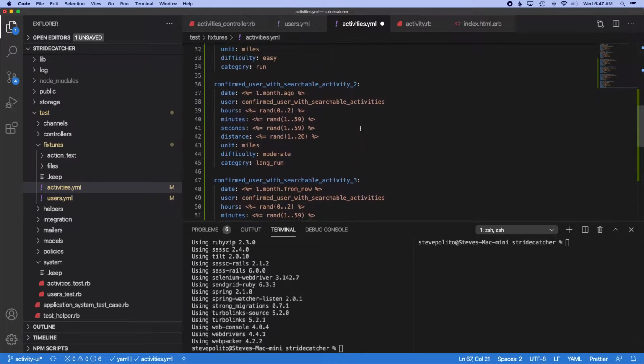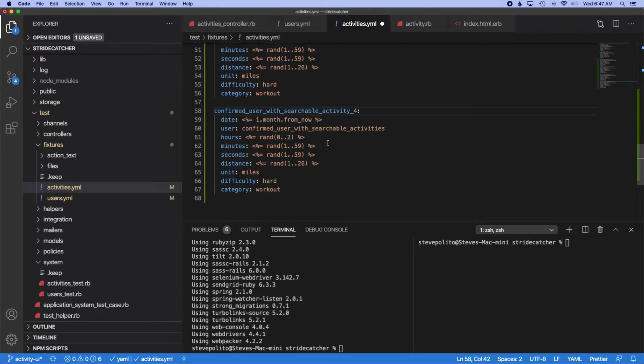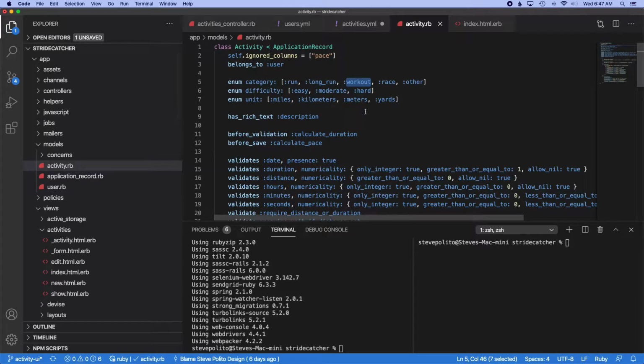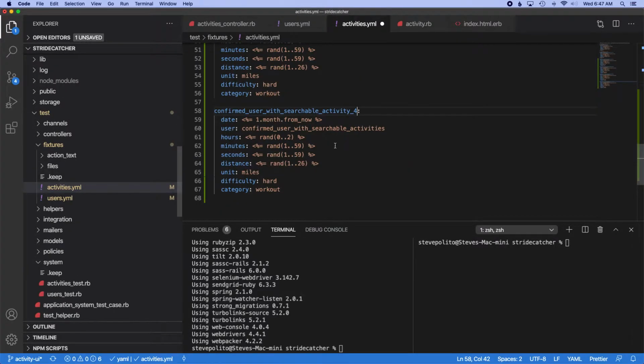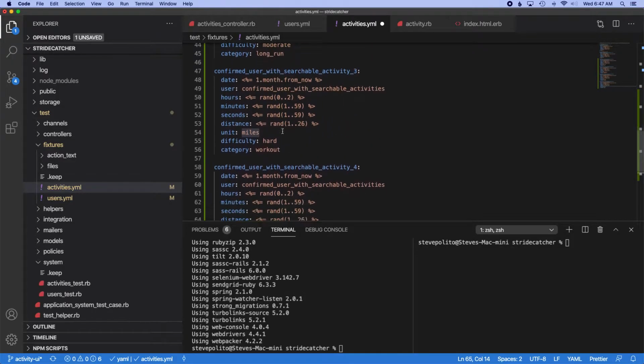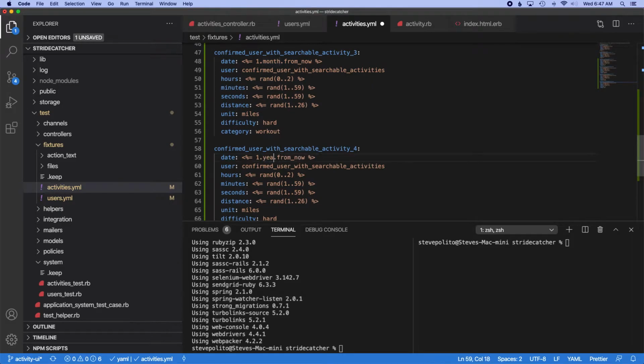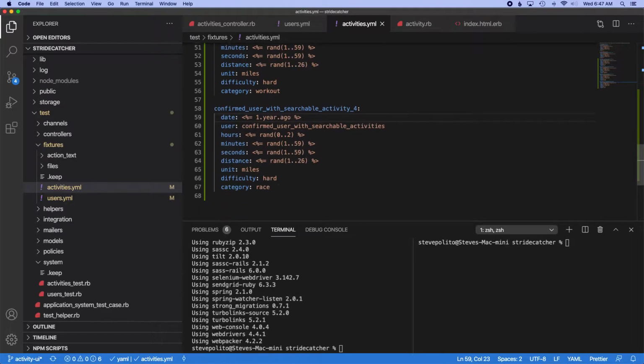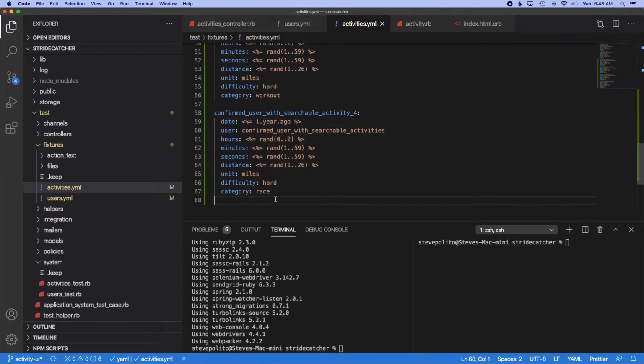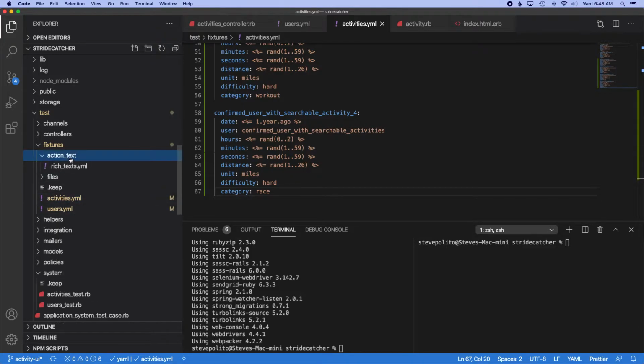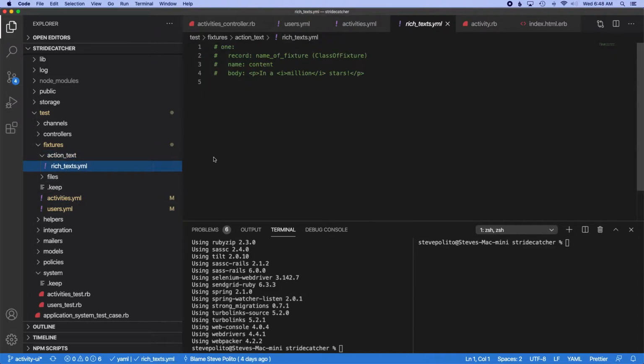And let's go ahead and add our last one here. So the category, I think the category is the only thing we want to change here. Let's do race. We can keep that as hard. 1 month from now. How about one year ago? We'll do that. And this should be good enough. We have enough sample data, although I would also like to search across some of the text here. So what I'll do is